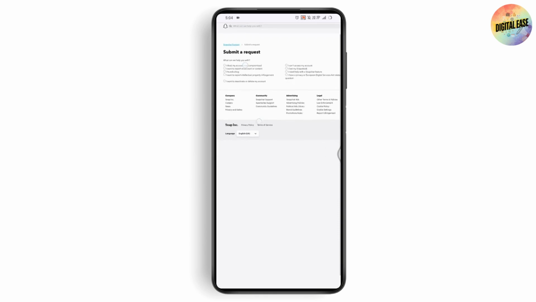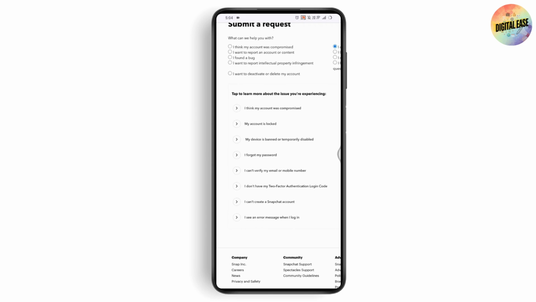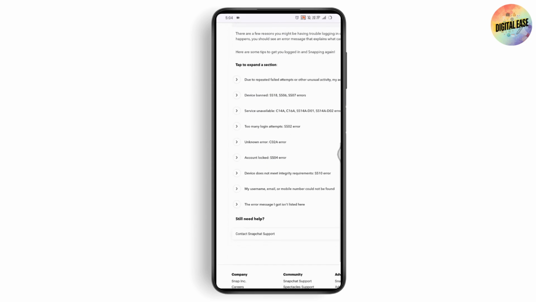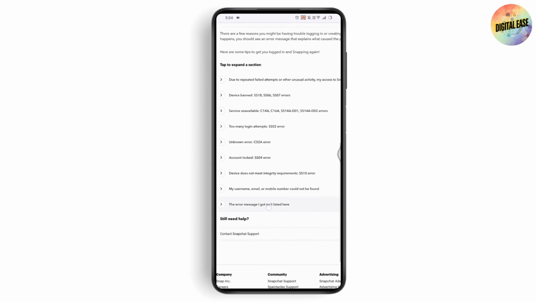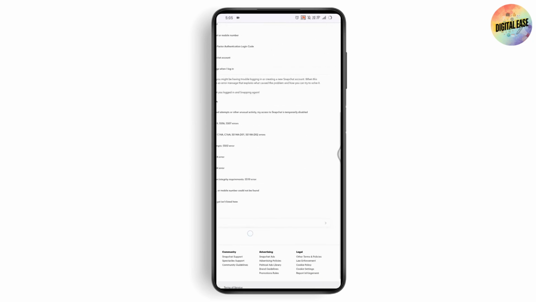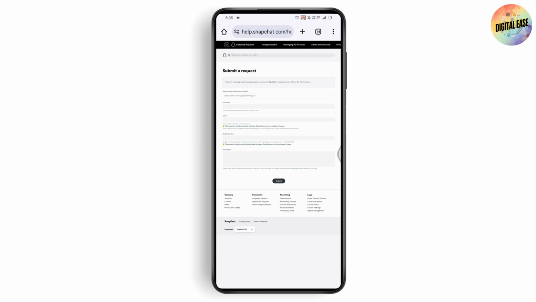Here you just need to go with I can't access my account, and after that go with the second option, which is I see an error message when I log in. Now you need to scroll down again, and here you will have the solutions. But if none of these solutions work, then you just need to go with still need help and tap on contact Snapchat support, and it will take you to this kind of page,